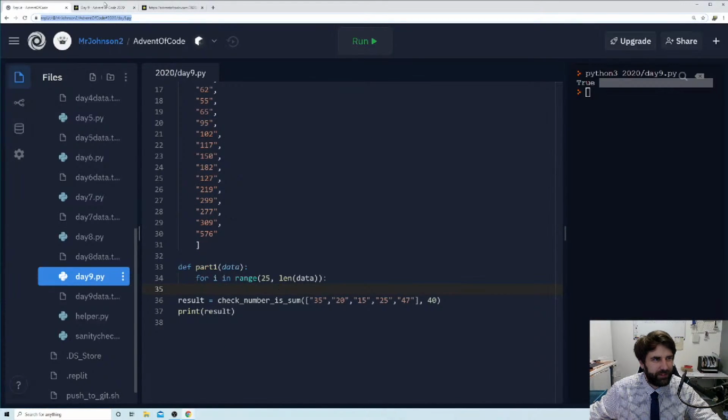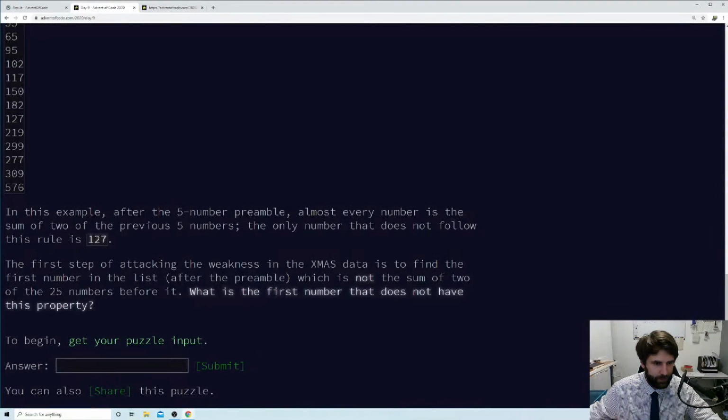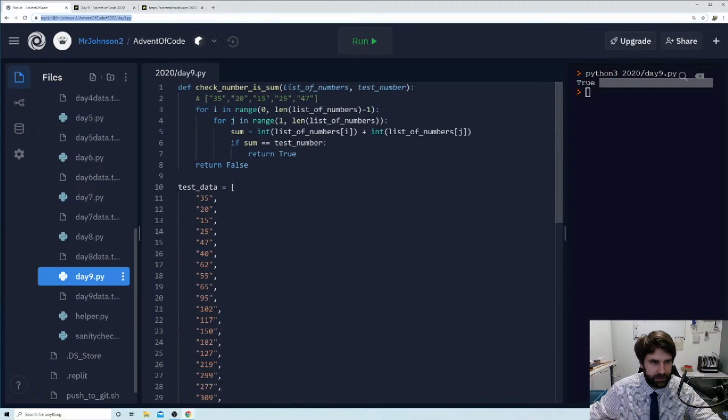Okay, what do we actually want to find out in this? What do we want to know? We want to know what is the first number that does not have this property. So actually, what we want to do is return the number that doesn't have this property. Oh, okay. So I'm not really testing if the sum is equal to the test number, I'm more testing whether it's not equal to the test number.